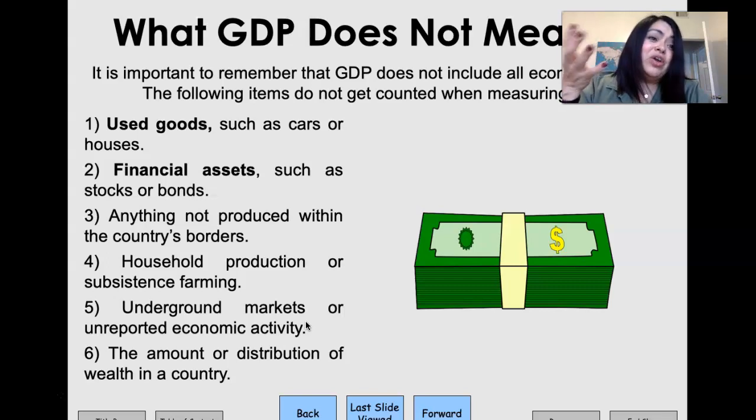So when you hear people say our economy is doing incredible, yeah, it is for some people, but not for everybody. And that's an issue. And when you look at GDP, like it says here, we're not actually looking at the distribution of wealth in the country. If we did that, it would probably scare everybody to death. So people that actually do look at that stuff, it's scaring them. All you have to do is go on the news or just start reading articles, read The Economist, and